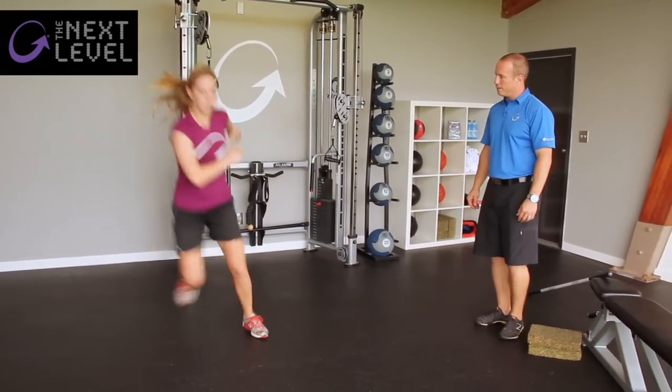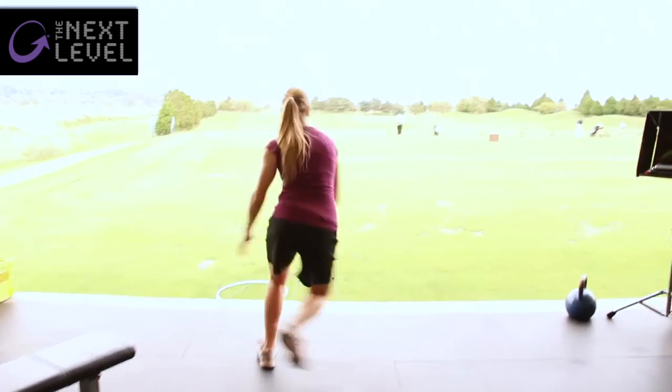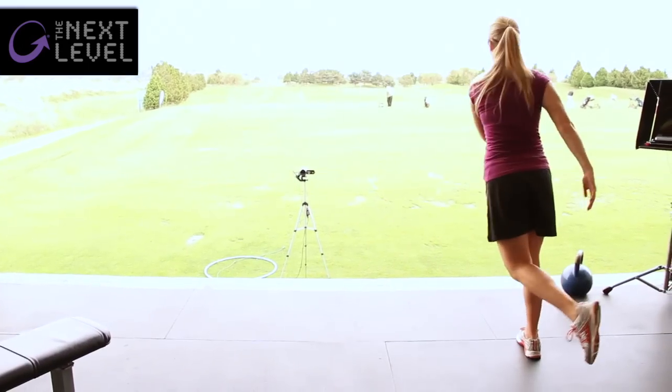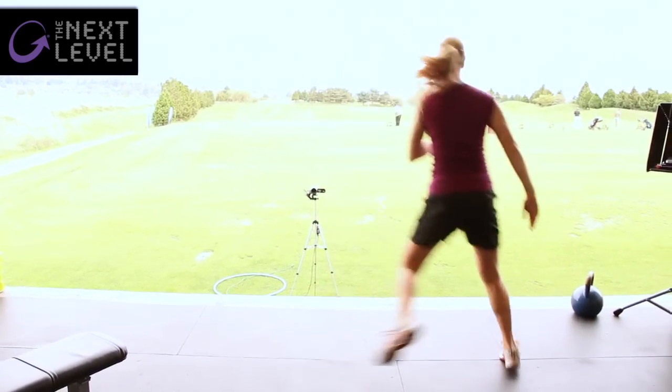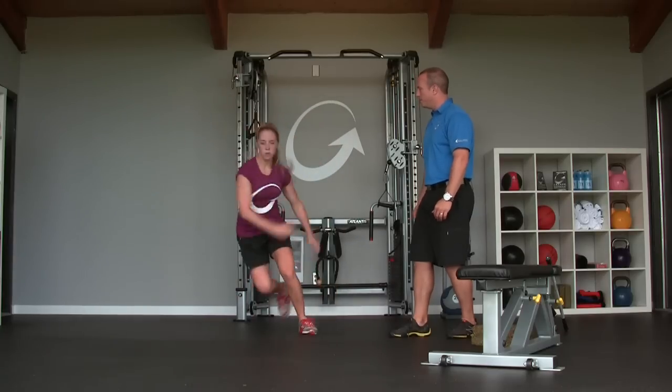Good. When you stick your landing, I want you to stick it, hold, go. 1, 2, stick that landing. Go. 1, 2, stick. Awesome. The 1, 2, stick is such a great exercise for segmental stabilization because as you're bounding laterally,